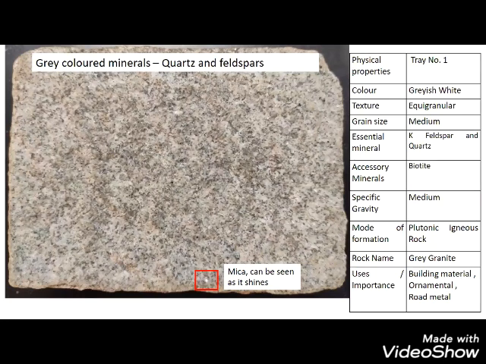So based on these observations, you will write that this rock is gray colored granite. And what is the use of granite for you in civil engineering? It can be used for any civil engineering purpose for that matter. It is a good road metal. It is a good building material. It's a good ornamental stone. Anything for that matter, because it does not possess any primary porosity, this rock will be suitable for civil engineering purposes.